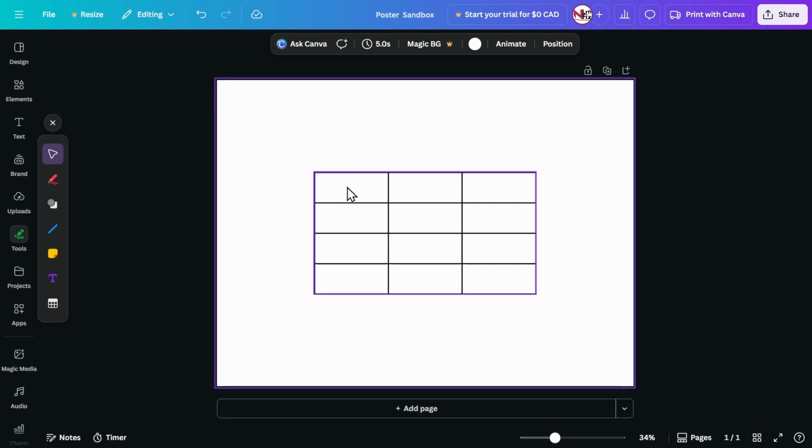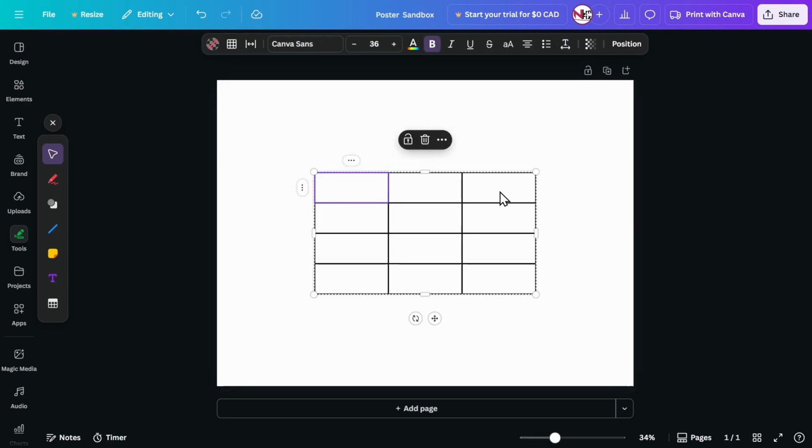So the first thing you might want to do is color this first row of cells to make it your column labels. Just click on this first one and then shift click on the last one. You can also do that by clicking and then holding Control and then clicking on all the cells that you want to be colored. And then once you have everything selected,